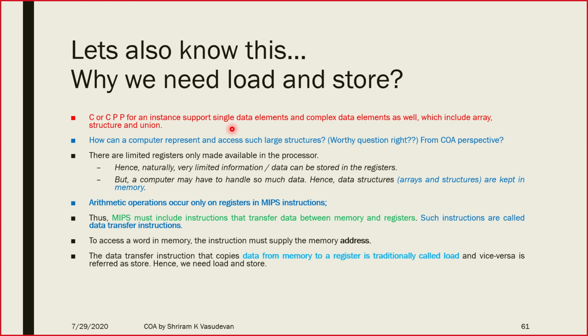There could be a question, explain why do we need load and store. RISC architecture or MIPS does not permit you to access the memory locations directly for doing computation. You need to load the content into the registers, and only then you can access it. And when you do that way, you need instructions to do it. So what are all the instructions supported?